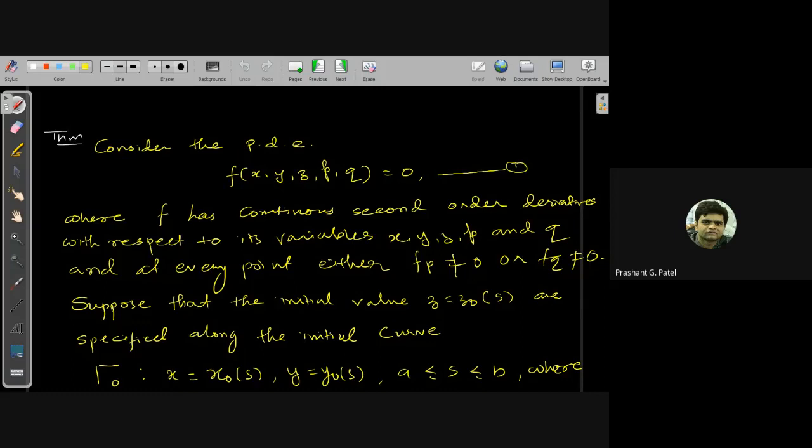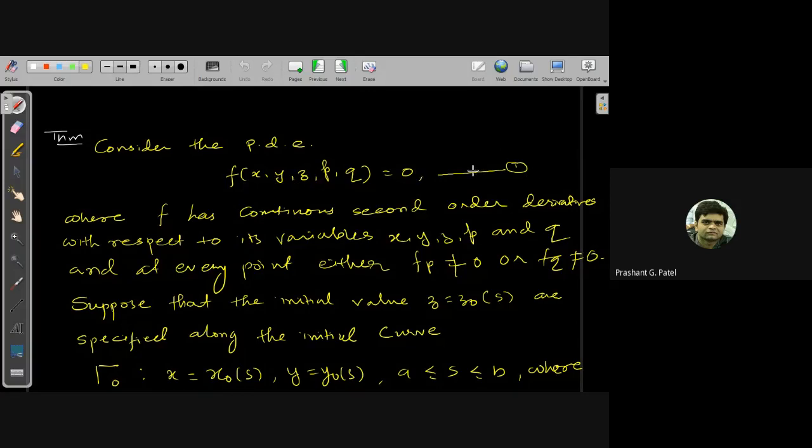So in this lecture now we'll state and prove that under certain conditions the solution of Cauchy's problem for a nonlinear PDE exists and it is unique. As we have seen in my previous lecture on solving the Cauchy problem for a nonlinear differential equation, we'll consider this partial differential equation of the form f(x, y, z, p, q) = 0, and I will call that equation 1,